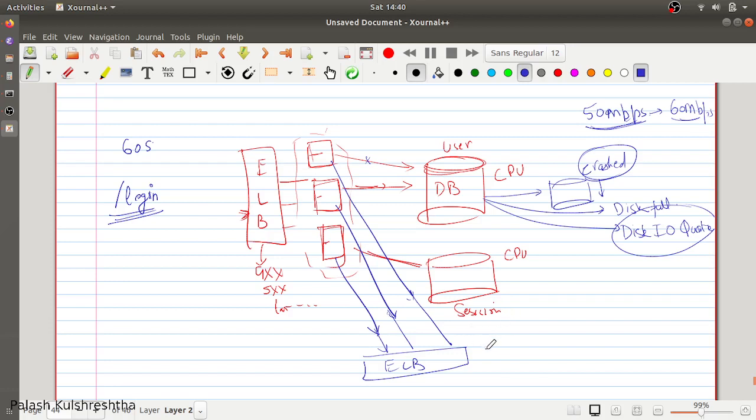For example, their API is giving response in 55 seconds or 60 seconds. Since their API is giving response in 60 seconds, and during the flow of the login API we are calling their API, the whole latency of our API is going to increase because we are consuming a third-party API or another team's API in between.